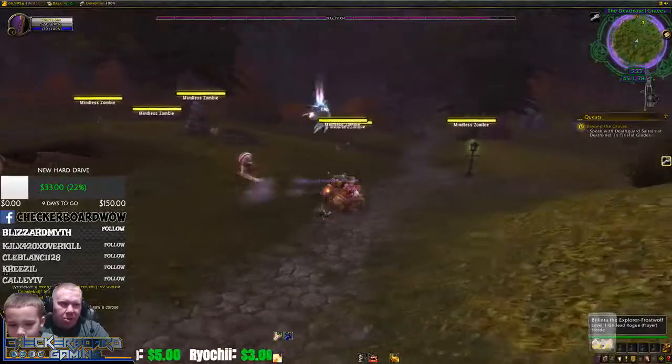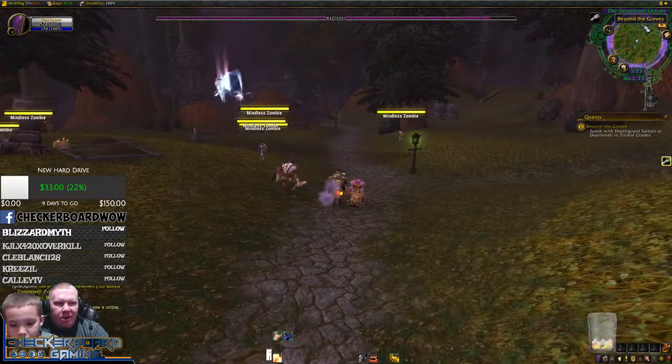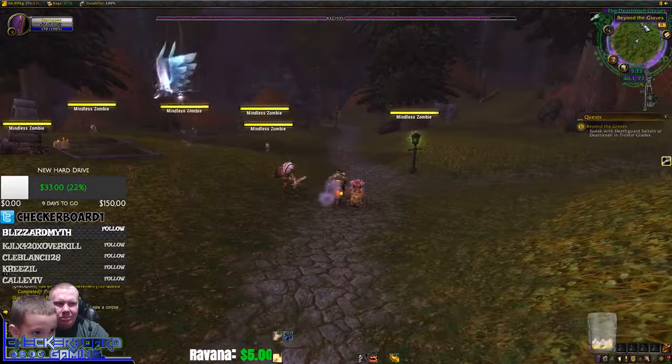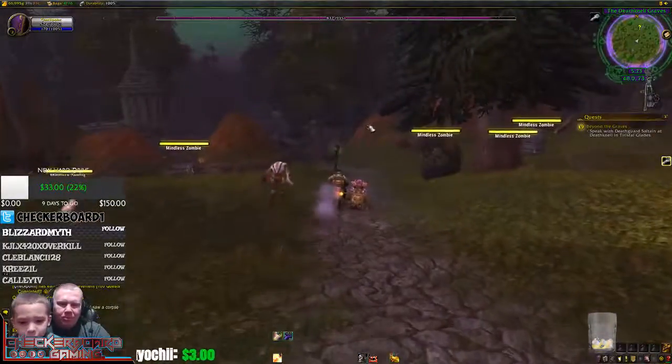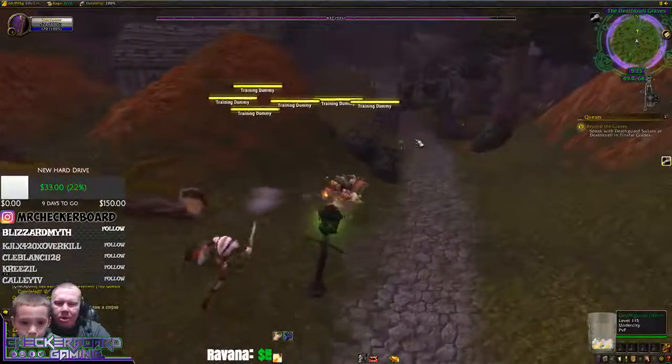Not that hard. So now what we're gonna do is, if you look over here on the mini map, you're gonna see, what does that say right there? Up on the mini map. It says Beyond the Graves. Mm-hmm. Did you see that zombie teleport behind you? Nope, I did not. I wasn't looking at that. Oh my. But yeah, so